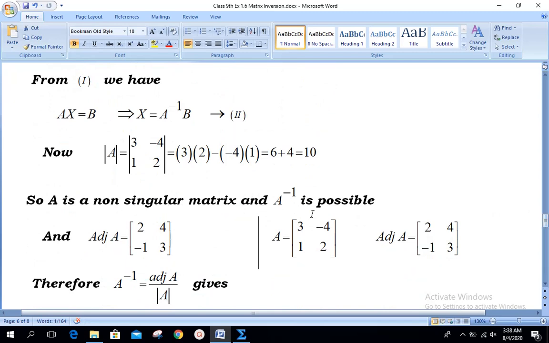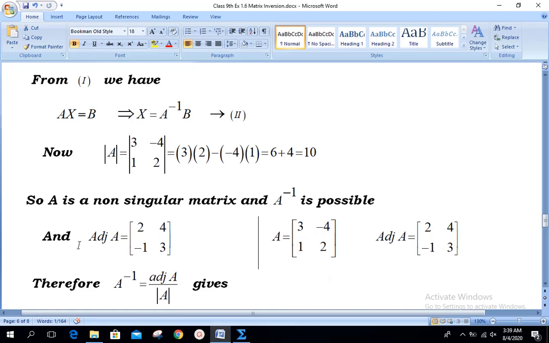After this, our target is to calculate adjoint of A. Viewers, see here I have again done it for you in rough working column. A was a matrix in row frame 3 minus 4 1 2. Adjoint of A, that I told you the rule, you need to interchange these two values. 3 and 2 will be interchanged. You can see they become 2 and 3 like this. That is, place number 1 element goes to place number 4 and place number 4 element goes to place number 1, as is visible well clear over here. Regarding the other two, you have just to change the sign. It was minus 4, it became plus 4. This was plus 1, it became minus 1. So this is how we calculated adjoint of A.